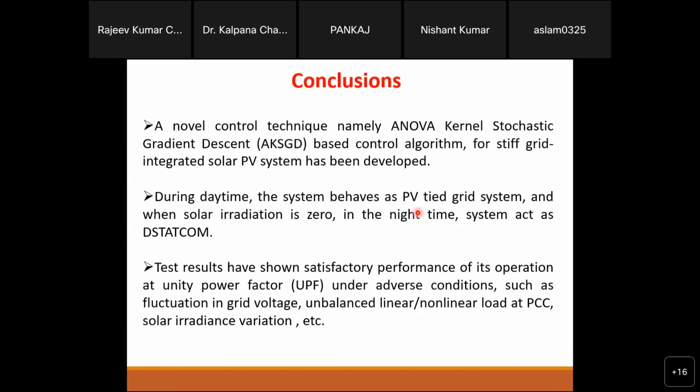The same controller will work for the wind also. If you are working with wind, only in the place of solar, your wind output terminal will attach. For example, if your wind is based on a PMSM, what you will do? A PMSM wind turbine, a PMSM machine,